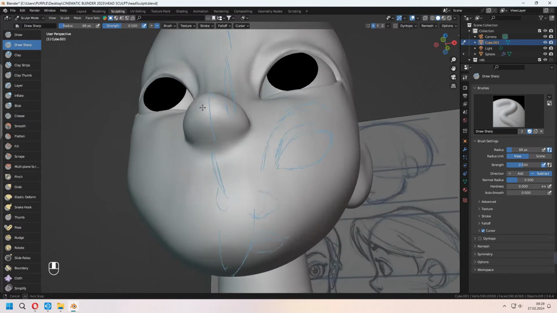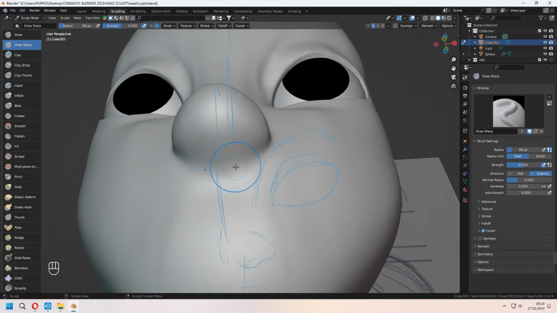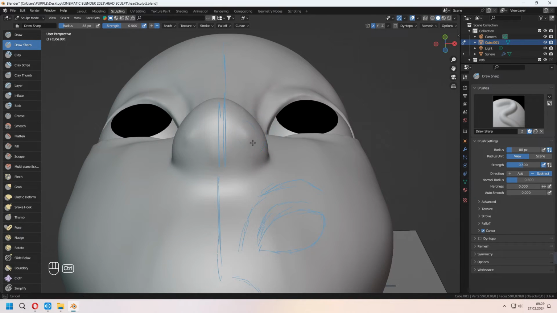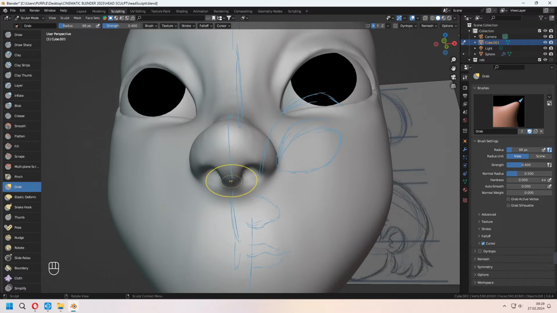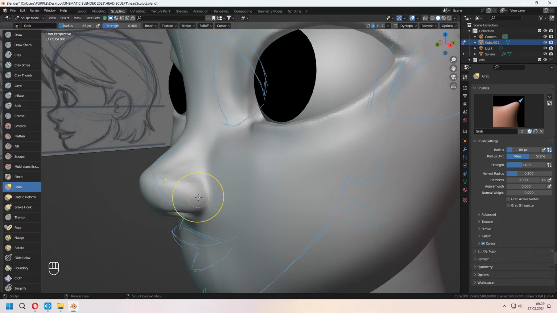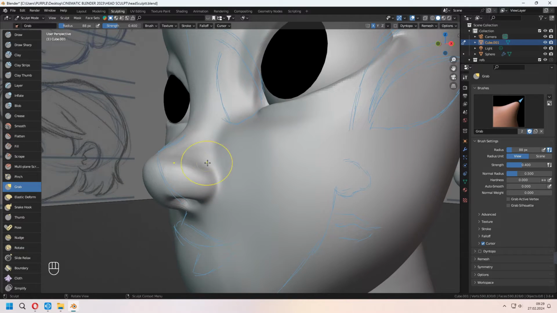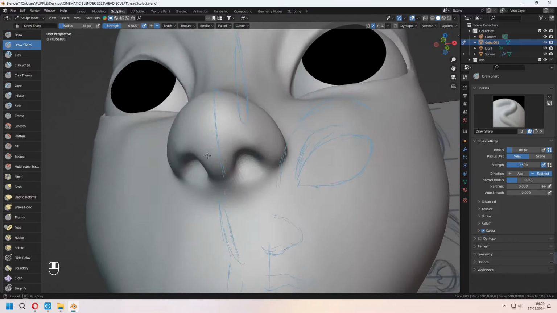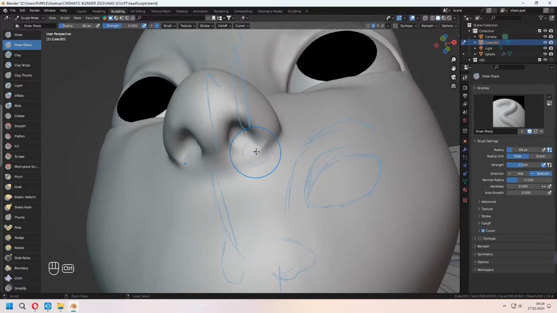After all of that, I'm getting my draw sharp again. With Ctrl, you can set an extra line around the nose, and for the nostrils, you can dig into them. And with the grab tool for the nostril parts of the front nose, you can give some extra detailed nose shape with this method. For adding extra geometry, again, as I said before, you can use your clay strips